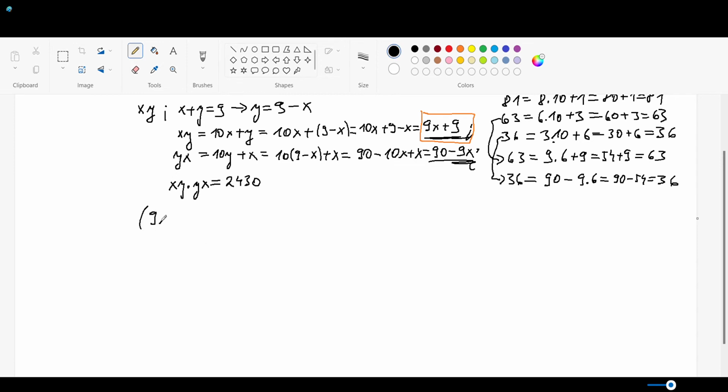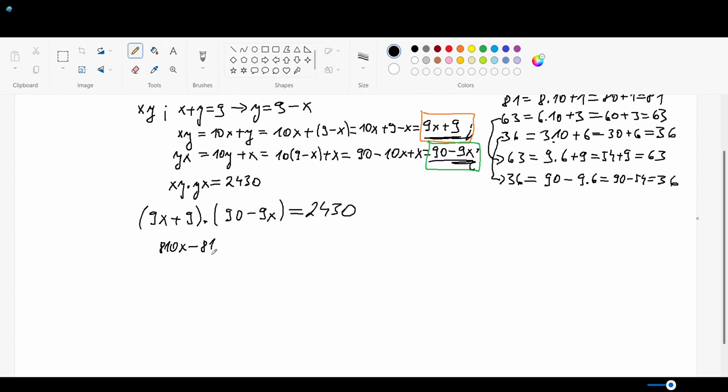So it must be true that 9x plus 9 times, and this is my second expression for the number yx with the swapped figures, so times 90 take away 9x equals 2430. And now it's very simple. 9 times 90 is 810x plus 9 times 90, 9x times negative 9x is